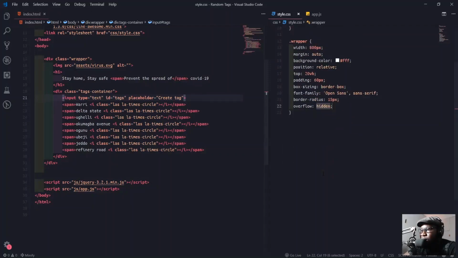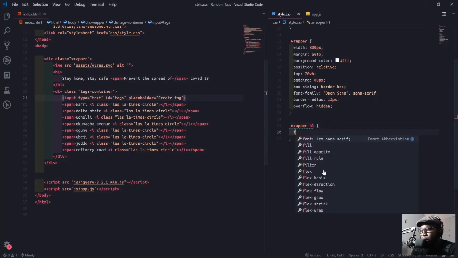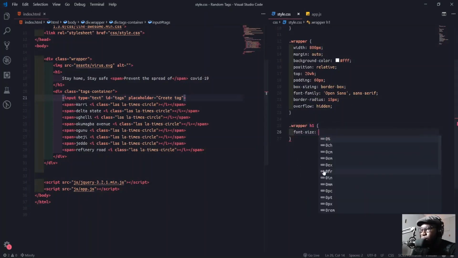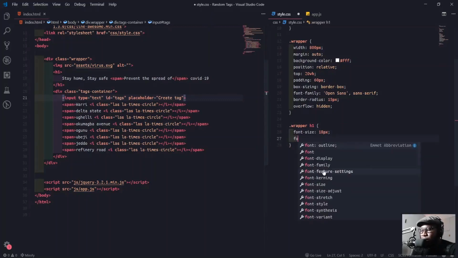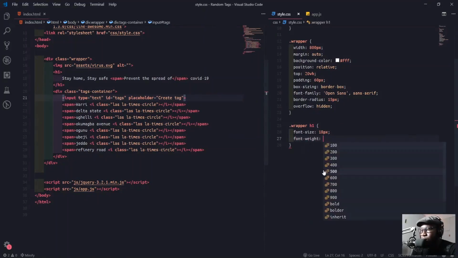To work on the H1 now, I'll just come down and say wrapper H1. Then we'll change the font size to 18 pixels and font weight will be 800.